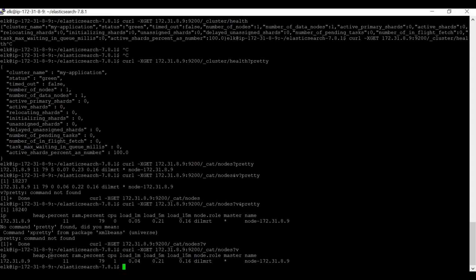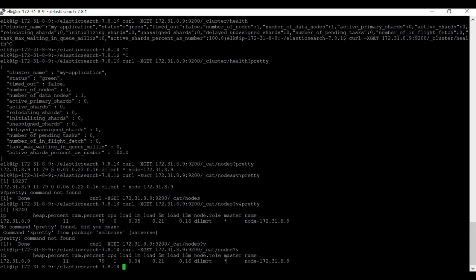Okay, the IP is here. What is the heap percent being used? RAM percent being used. CPU utilization. Load for the past 1 minute, 5 minutes, 15 minutes. Node role. It is showing DILMRT. So what is this actually? DILMRT. I'll explain it to you.